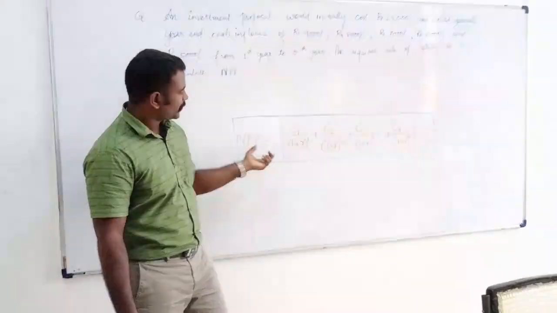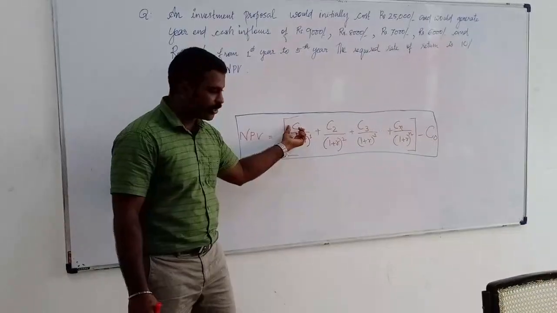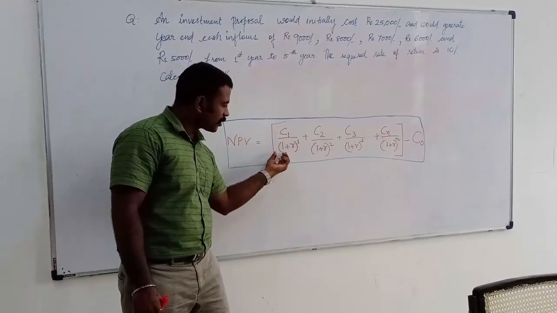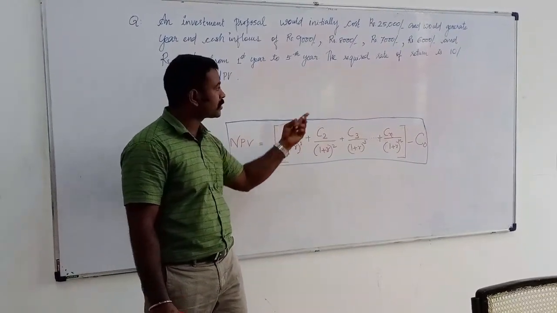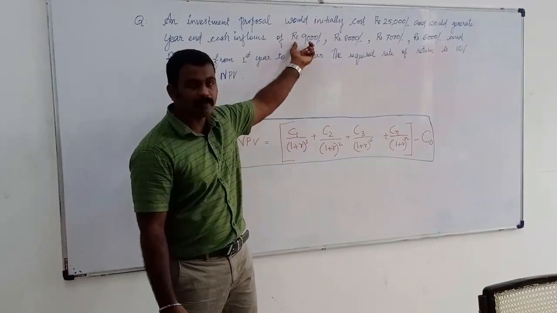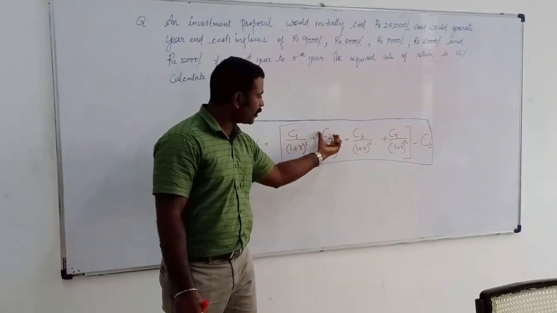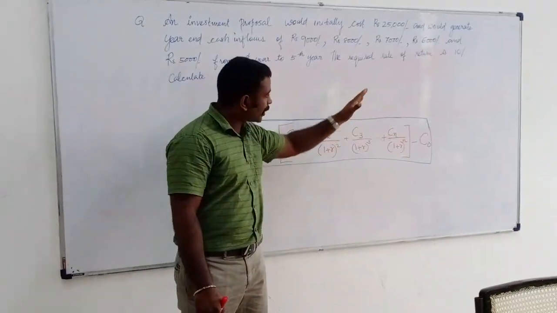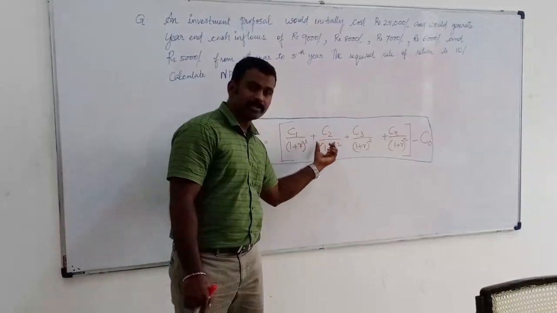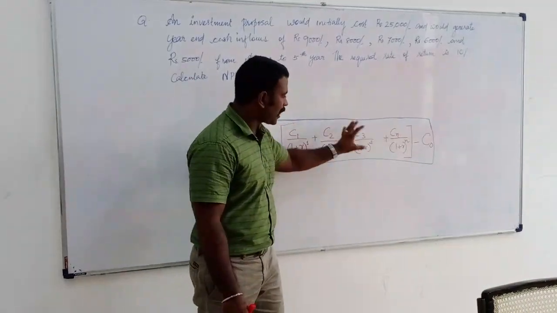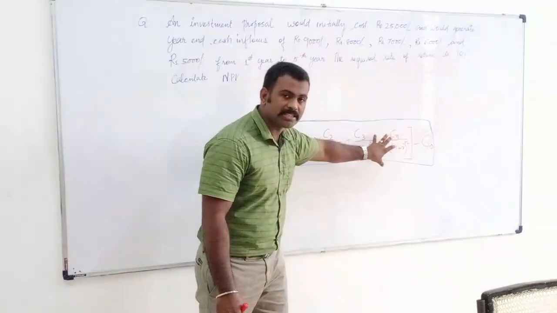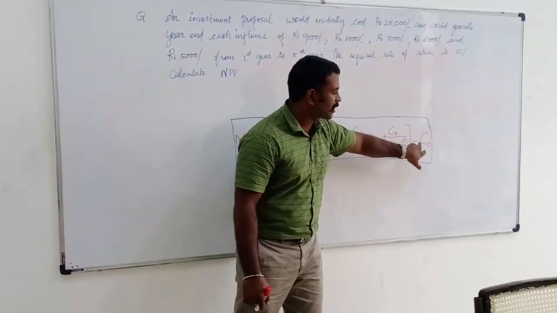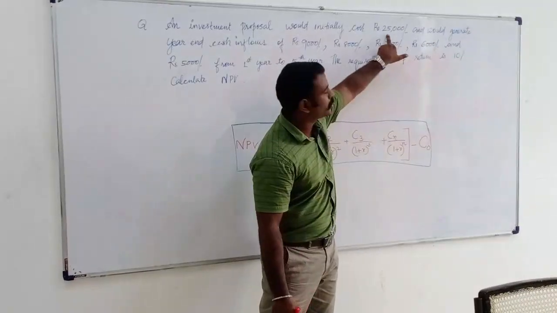So here is the equation where C1 is the cash inflow of the first year, and we find out the present value of the first year cash inflow, that is C1 divided by (1 plus R) the whole raised to 1. Here R is 10% and C1 is the first year cash inflow, 9,000. Then the second year cash inflow is 8,000 rupees, and R is the same 10%. So we calculate this one, and like this we have to find out the present values of the 5 years' cash inflows. We add all together and minus the initial cash outflow C0, that is here 25,000.